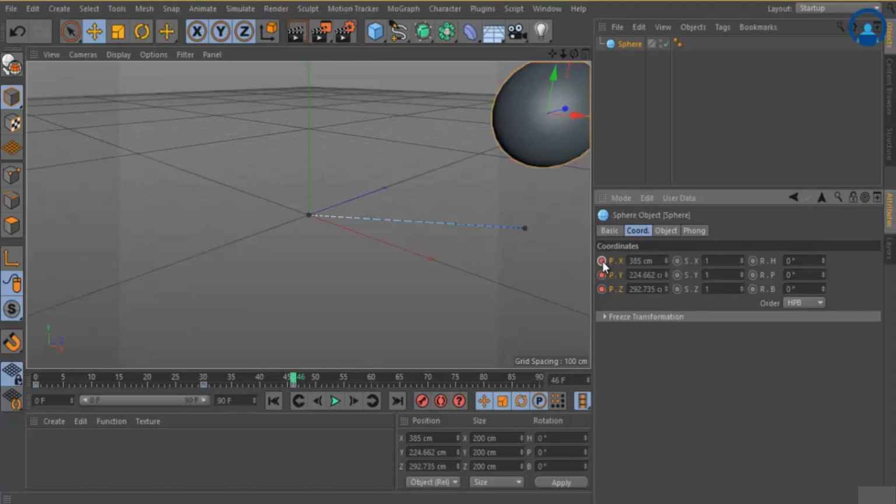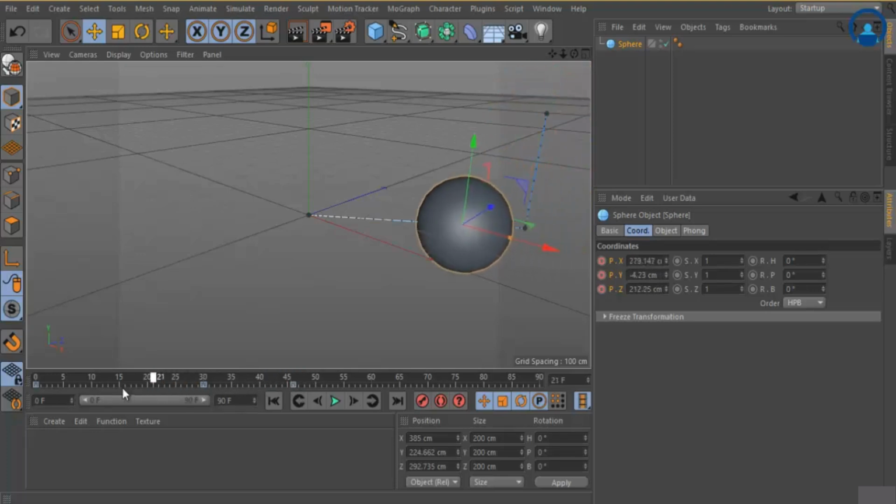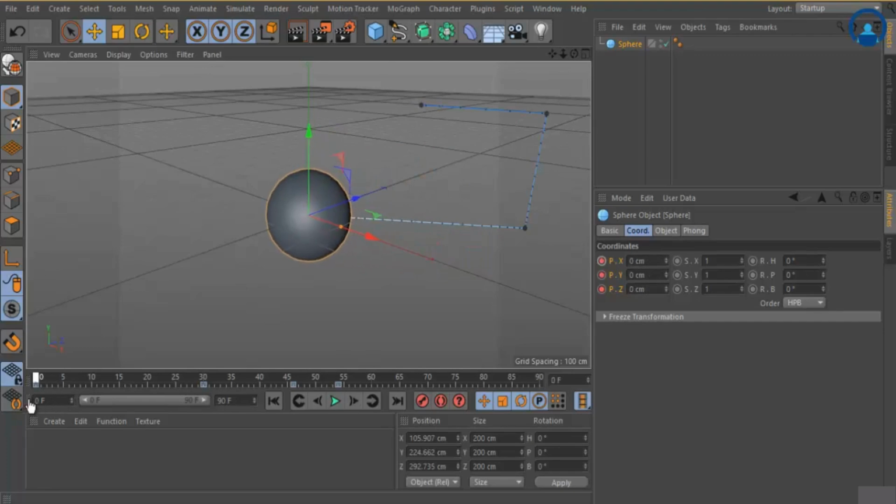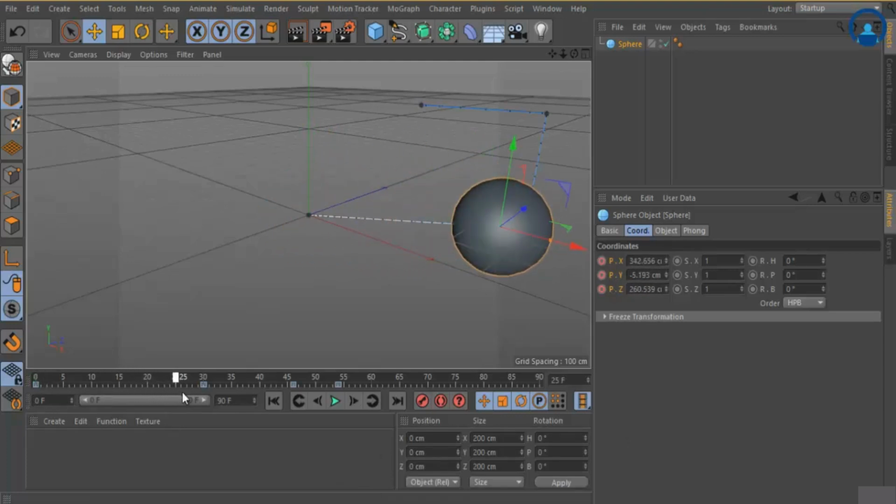Control click creates a keyframe for this property, for this position, and you can see we can create a keyframe just by clicking on this property like this. Control and click on that particular property to create a keyframe at the particular frame. This way we can use these properties to animate our object.